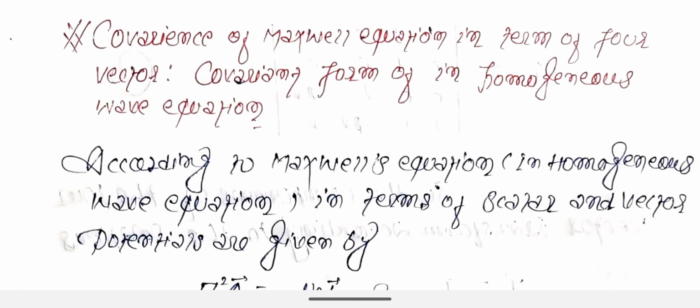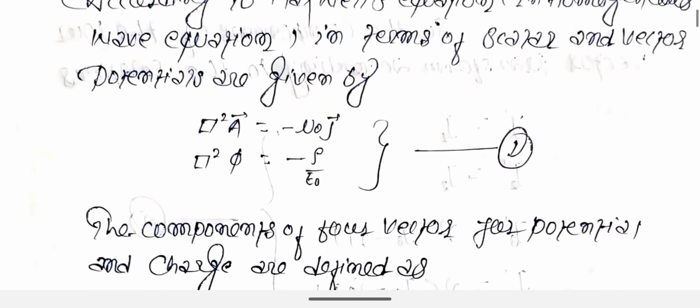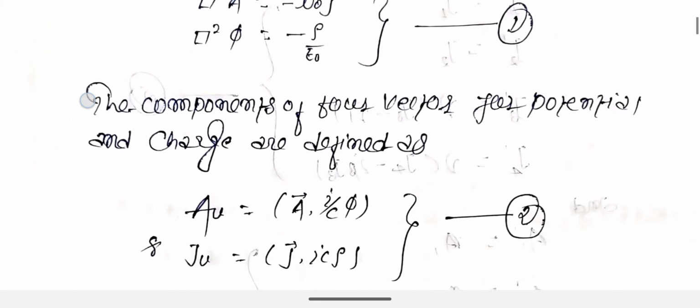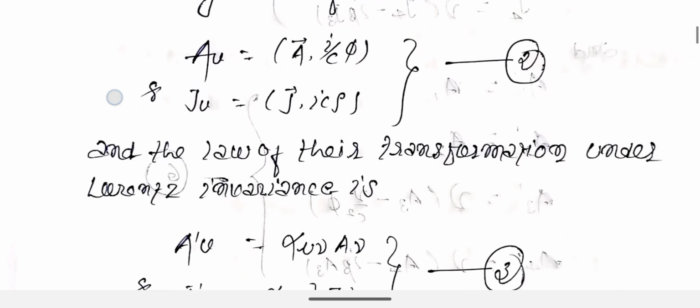Let us start now. According to Maxwell equations, the inhomogeneous wave equations in terms of scalar and vector potentials are given by: box squared A vector is equal to minus mu naught J vector, and box squared phi is equal to minus rho by epsilon naught. This is equation 1, friends. Friends, you can see the square symbol there is called the d'Alembertian. So don't confuse, friends. The components of the four vectors for potential and charge are defined as